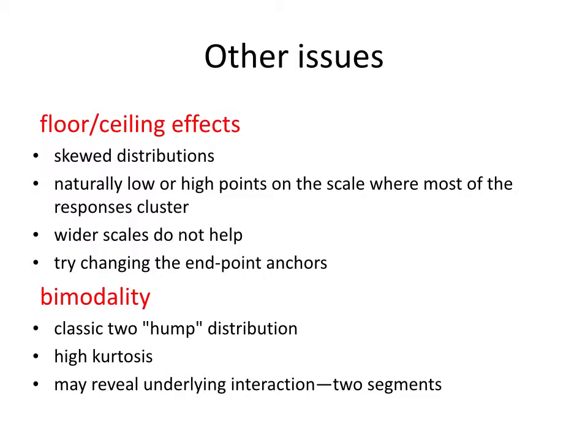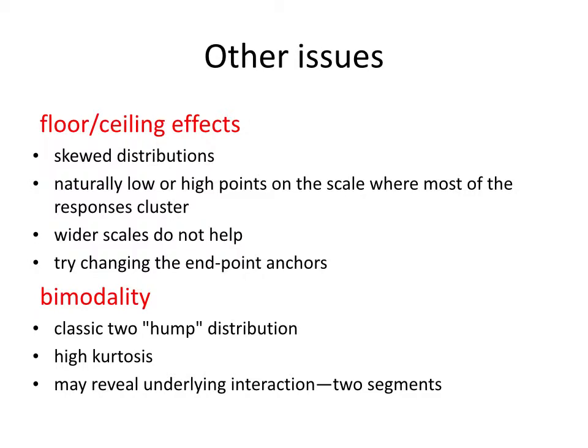Sometimes the problem can be addressed by changing the endpoint anchors. So giving them the same size scale, but describing the ends and making the end points seem extreme. So instead of saying very satisfied, the endpoint might be the most satisfied I've ever been. So a 7-point scale could run from the least satisfied I've ever been to the most satisfied I've ever been. And that may succeed in reducing that tendency to pick